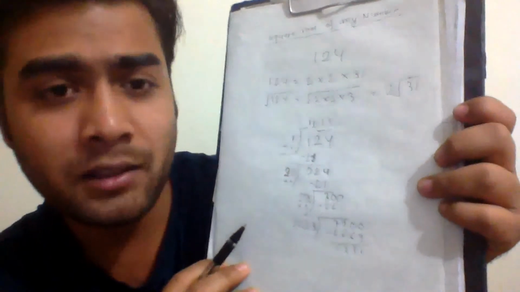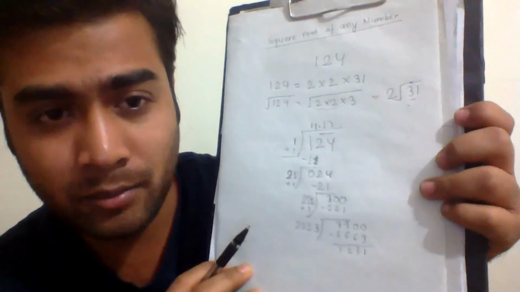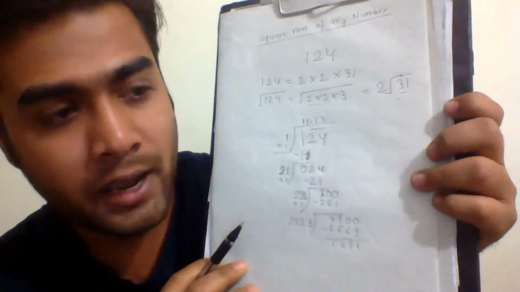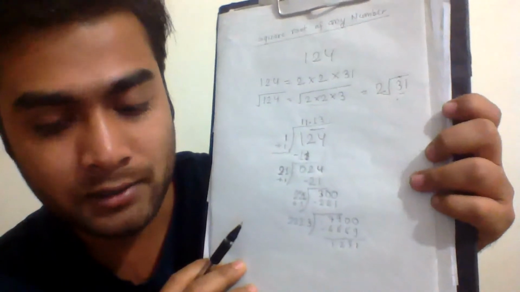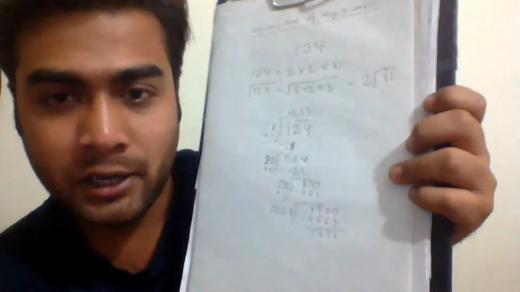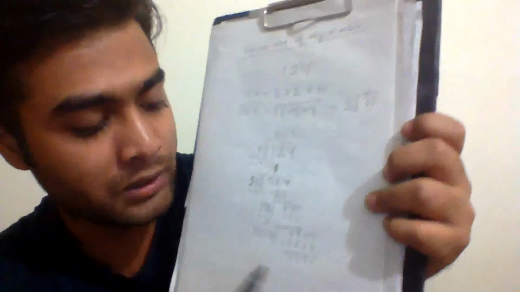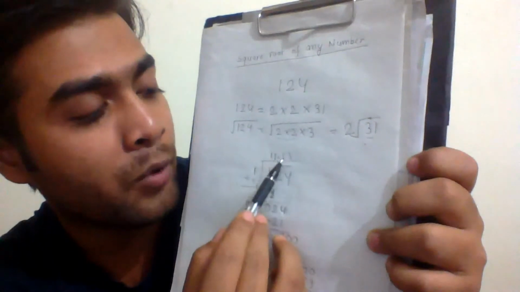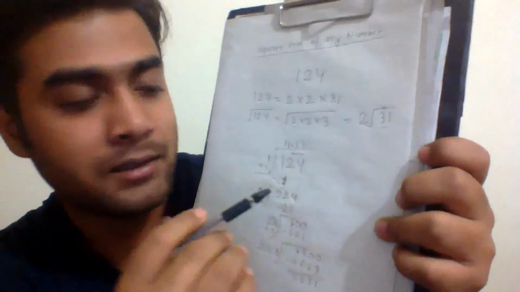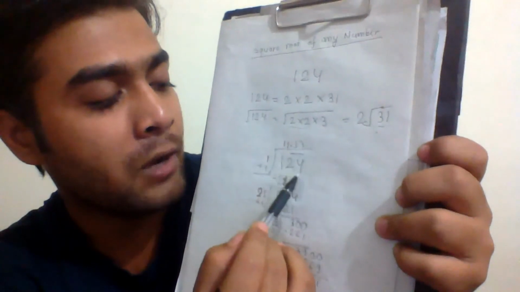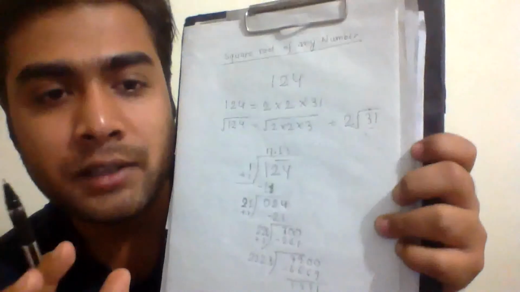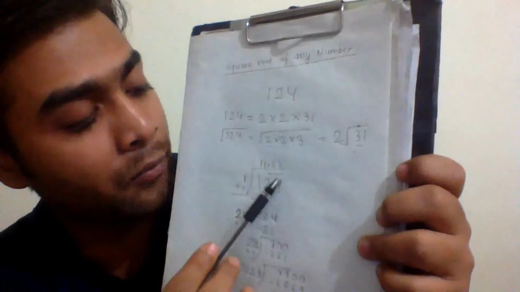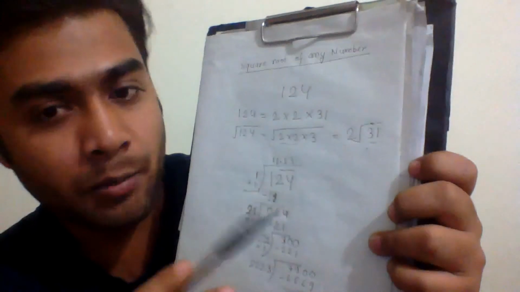And you may think that I can use the calculator, but in an aptitude examination, let me tell you, you're not supposed to use any mobile phone, any calculator, or any electronic device. This is totally subject to unfair means. So this is the way for finding the square root of the number. You can check this out. Multiplying 11.13 by itself, you will get a number approximately equal to 124. You will always get a number in decimal form for finding the square root of a number which is not a perfect square.